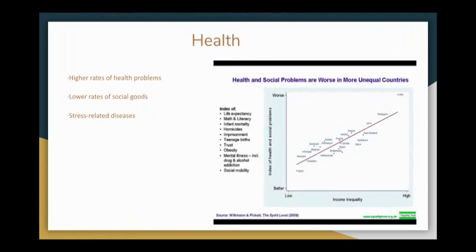Higher material and living standards lead to better health and longer lives. It is argued also that inequality and social stratification lead to higher levels of psychosocial stress and status anxiety, which at the same time lead to depression, parenting problems, and stress-related diseases. This is a graph of 23 unequal developed countries in which they found social health problems lower in countries like Japan and Sweden.